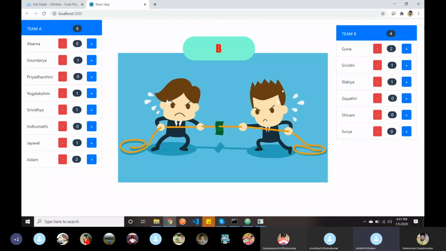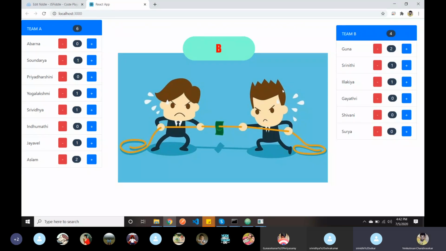Double equal to will check the two values. Triple equal to will check the type is correct or not. That's only, sir.